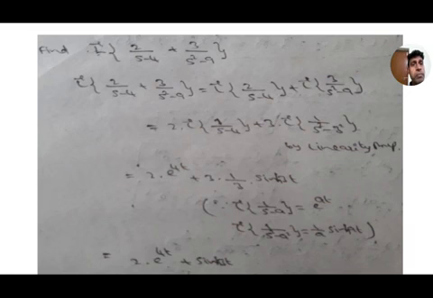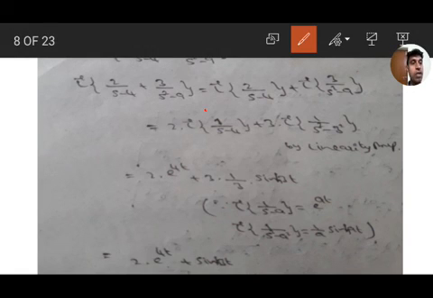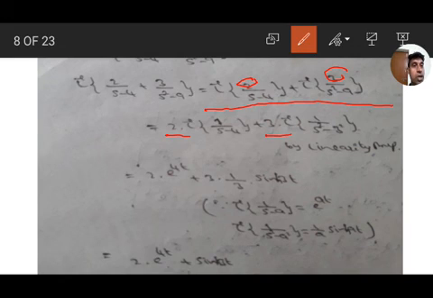So given the L inverse, we have a sum of two functions. So by linearity property, the inverse Laplace transform of the first function plus the second function. In that also, coefficients are outside. 2 is the coefficient in the first function, 2 is outside. 3 is the coefficient in the second function, 3 is outside. So the inverse Laplace transform of 1 by s minus 4 is of the form L inverse of 1 by s minus a, e to the power of at, where a equals 4. Therefore we get e to the power of 4t.